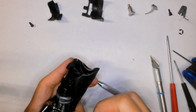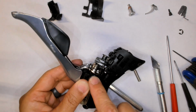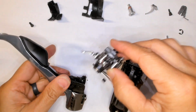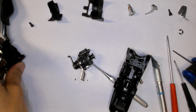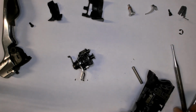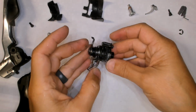Now the fun part is there's a spring here. It's not going to go flying, but it does have to pull straight up out of the hole there. So we just pull straight this direction. Oh, look. Sorry, this is your shifter mechanism. Anyway, this is your shifter mechanism,